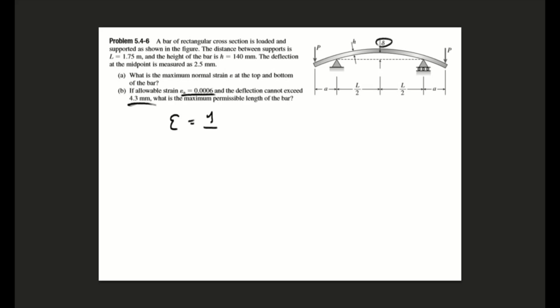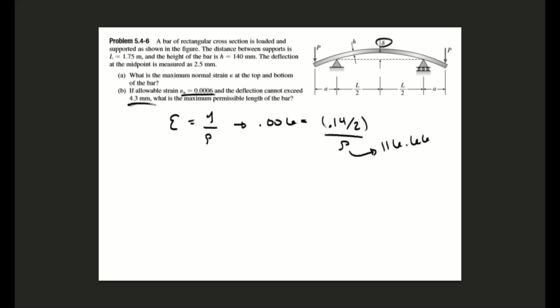So you have strain equals y over rho, right? And we just work backwards to solve for rho, because we have 0.06 is equal to, we know what the thickness is, so that's just our 0.4 divided by 2 over rho, right? You can get rho, which ends up being